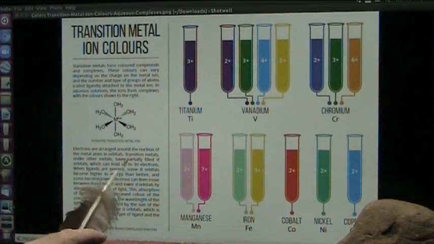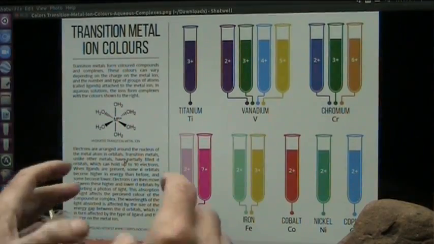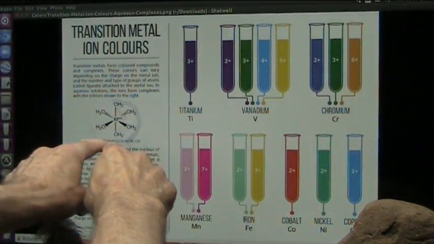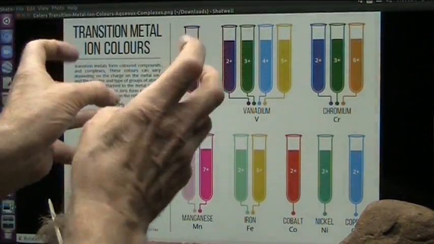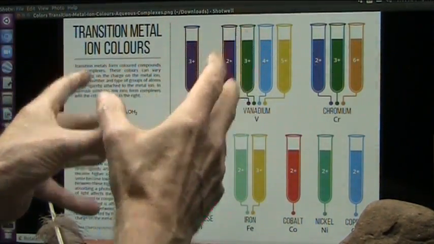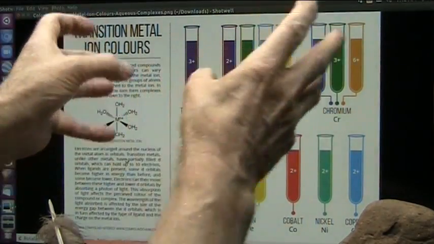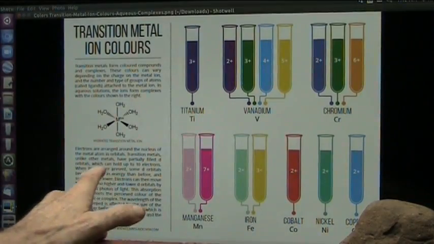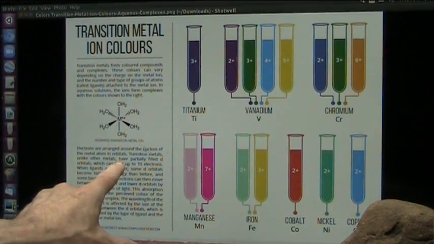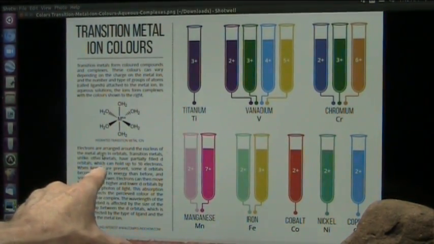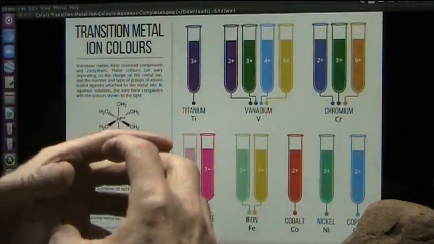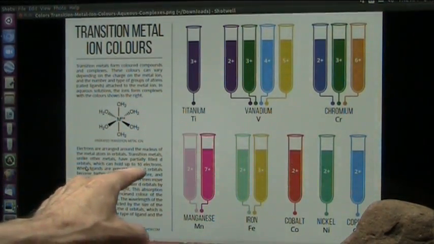Electrons are arranged around the nucleus of the metal atom. So your metal atom is in the center, and then they have all of these, what they call ions. They're different states that can attract and give up electrons, so they can attach and carry things around with them, basically is what it is. Now, the electrons are arranged around the nucleus of the metal atom in orbitals. Transition metals, unlike other metals, have a partially filled d orbital, that's a lower orbital, which can hold up to 10 electrons